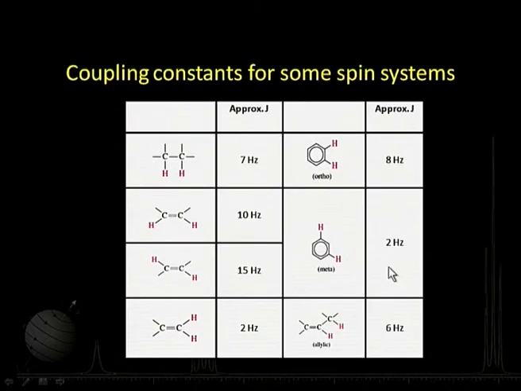Okay. Now, this is just some kind of magnitude, just to have an idea about the kind of couplings we expect. So, typically vicinal couplings are of the order of about 7 hertz, which is a very tiny coupling, very small magnitude. And if you have cis protons like this, it is about 10 hertz. Trans is much larger, the magnitude is about 15 hertz, and so on and so forth. All textbooks will give you a huge list or tabulation of different kinds of coupling constants, because they are very, very important tools in the hands of a spectroscopist to use NMR and infer information about the molecule.